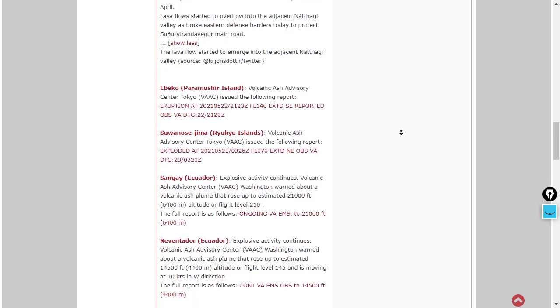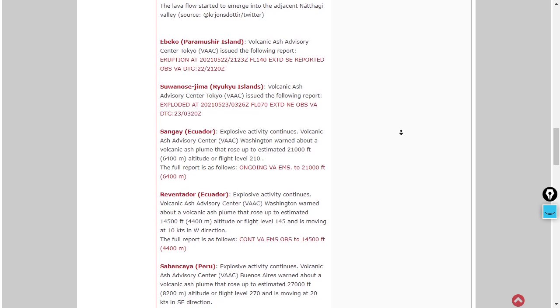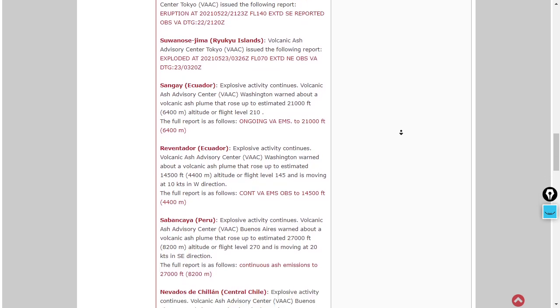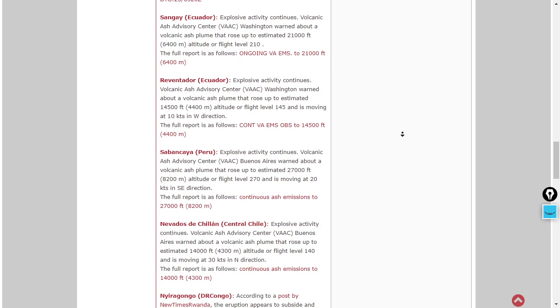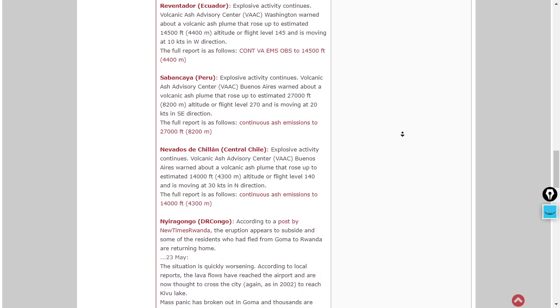Also, Ebeko producing a 14,000-foot ash plume, Suwanosejima a 7,000-foot ash plume, Sangay exploding a 21,000-foot ash plume, Reventador a 14,000-foot ash plume, Sabancaya a 27,000-foot ash plume over the Peruvian Sabancaya volcano, and Nevados de Chillán exploding a 14,000-foot ash plume there, and